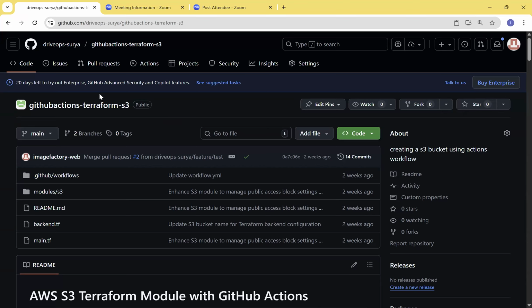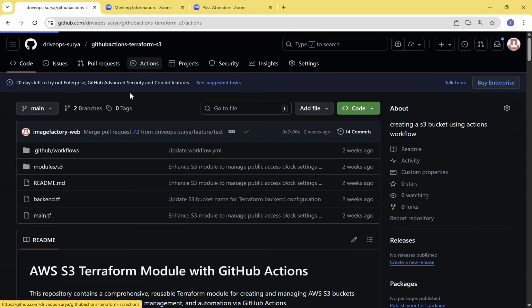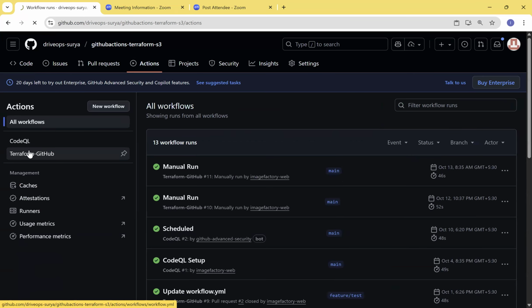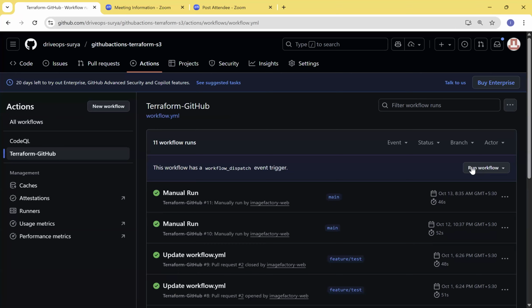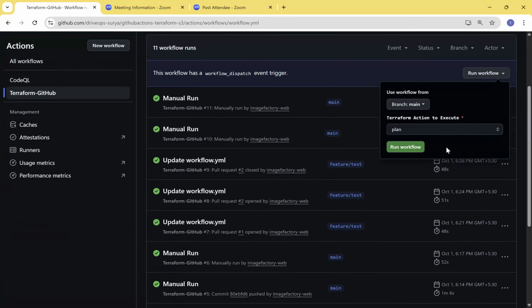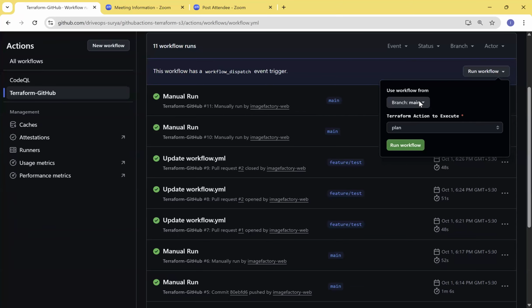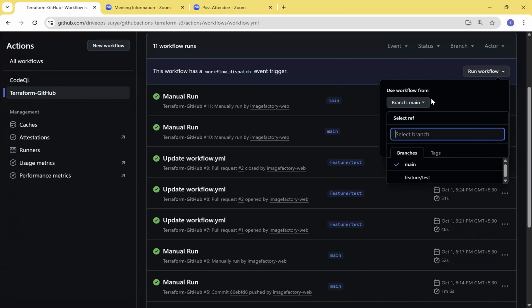If you look at this Terraform GitHub repository, we have discussed till now the workflows and the different modules, all the stuff. The first way of triggering my workflow is using workflow dispatch. I'm going to Actions, going to Terraform GitHub, and clicking on Run workflow. Here we have options to select the branch. You can either select the main branch or, if you are making changes later,